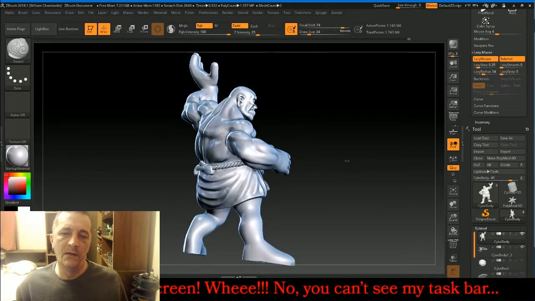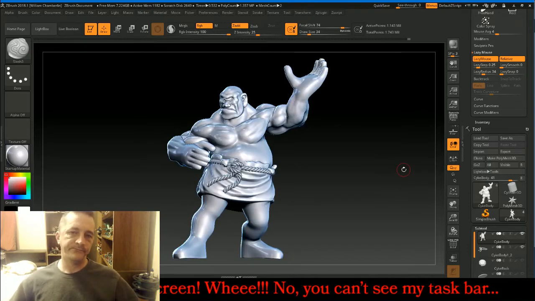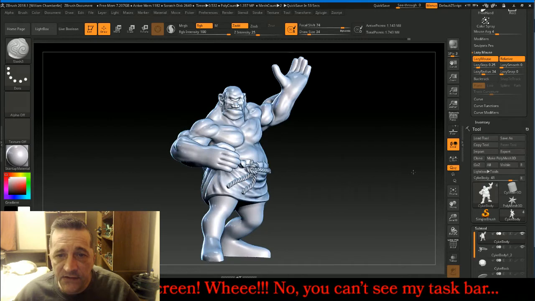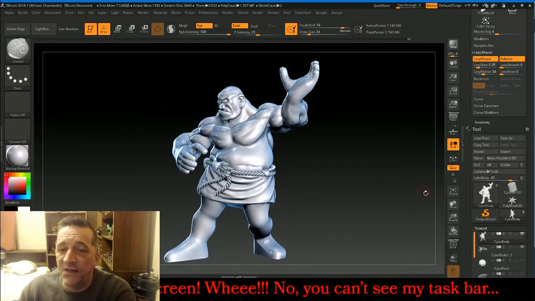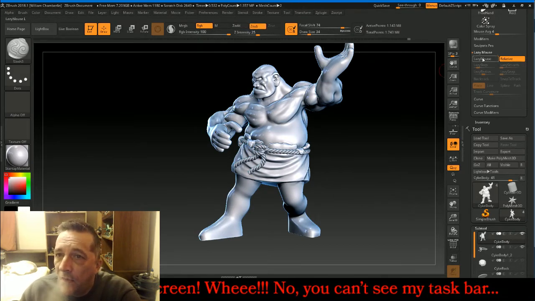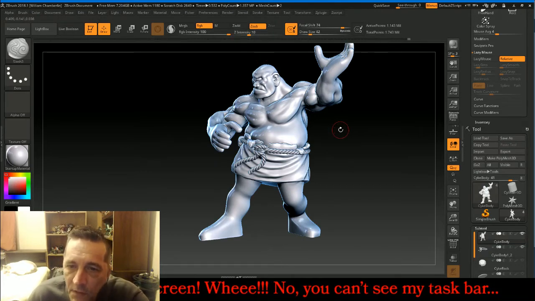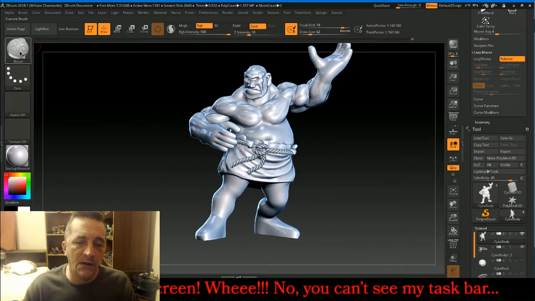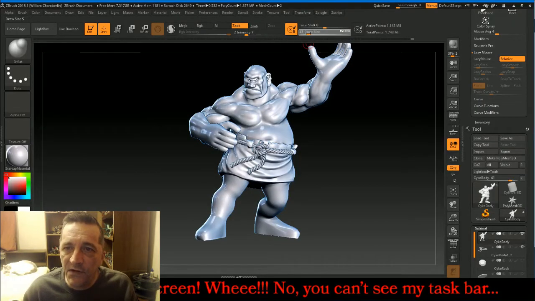We have the waistcloth done. We have the head done. We still need to do the hands, and we need to do the legs and feet. Oh, I just thought of something we can do. We can add in the belly button, and also add in with inflate and a very small draw size